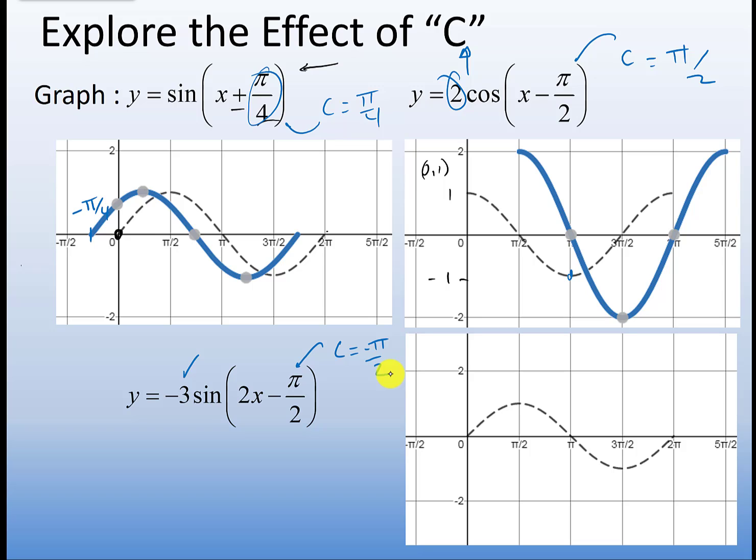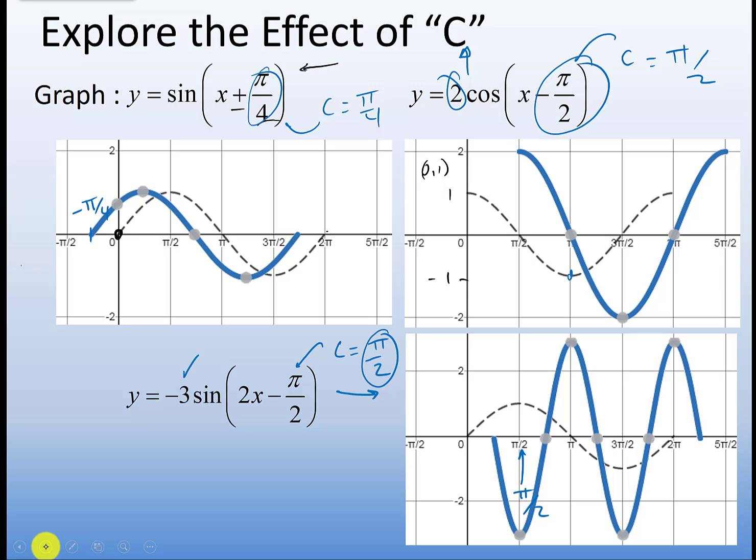So my question to you is, this next one, is it going to shift like the one before? Because the one before had pi halves, so this one too. It's going to shift over to the right to the number. No, I wrote that wrong. The c number was pi halves. It's going to shift over to the right to pi halves. Is that where it's going to land? We might have a discussion about that, and then we would graph it and see, yeah, probably should, because that's the number. And when we graph it, it's like, wait,